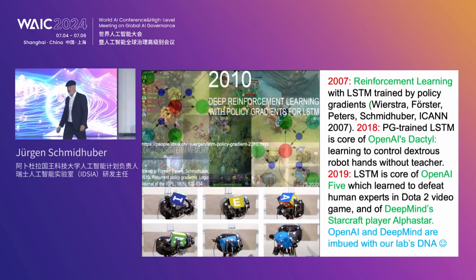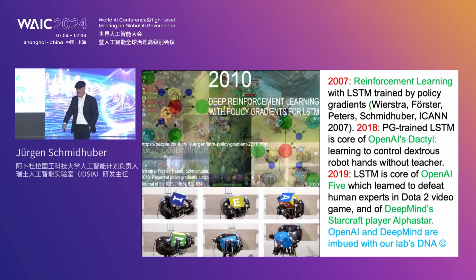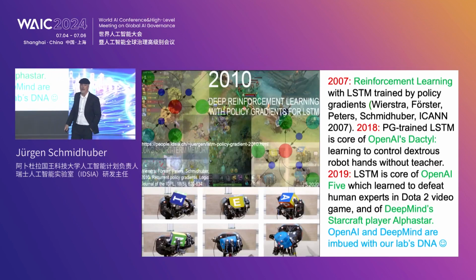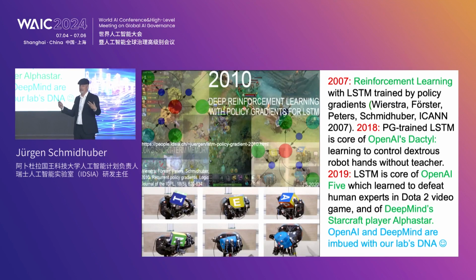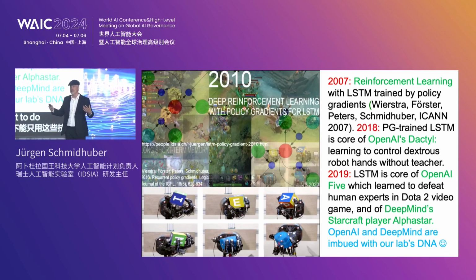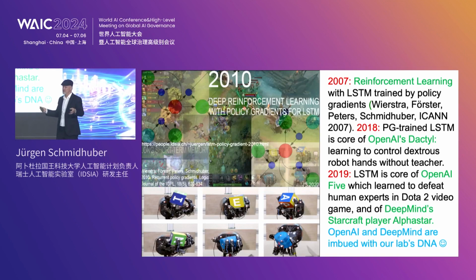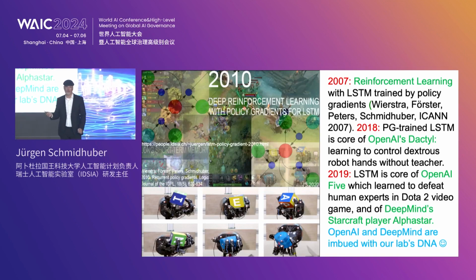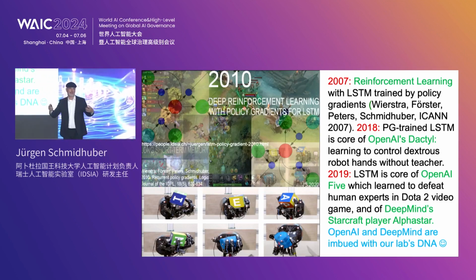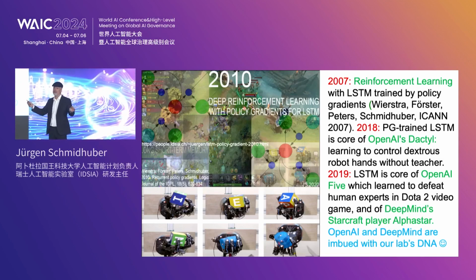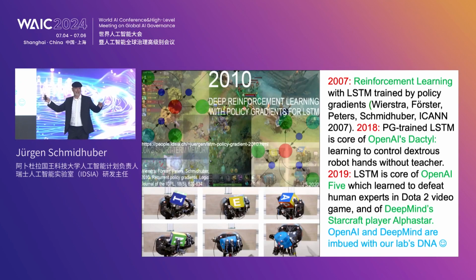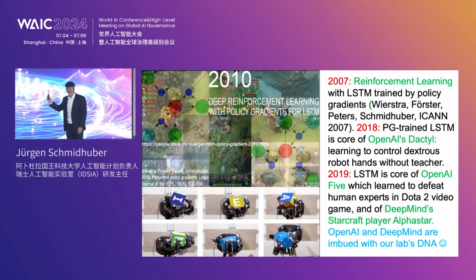The important thing that I want to mention, which I also mentioned in the AI4S forum just a few minutes ago, is that we cannot only use these techniques to do supervised learning. There's a teacher who tells the system what to do, and then it imitates what the teacher does. No, we can also use it for reinforcement learning, which is much more general, because there's no teacher which tells the system what to do at which point in time. And for that, you need a reinforcement learning technique such as policy gradients to optimize the weights of the LSTM. But that is working really well.